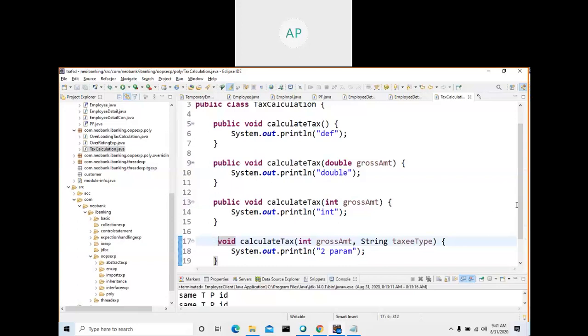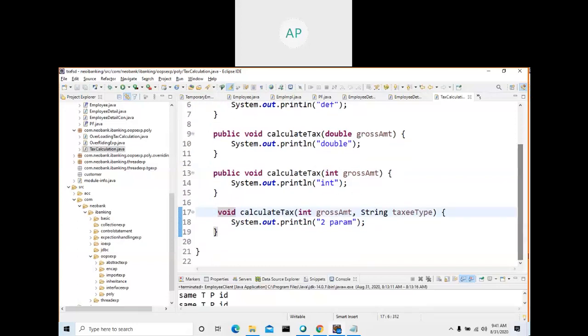By using an object reference variable, you can access any method, static and non-static. By using the class name, you can access only static members. So you should talk of members. If I talk of members, then everything inside a class is a member: variable, method, constructor, all the things.